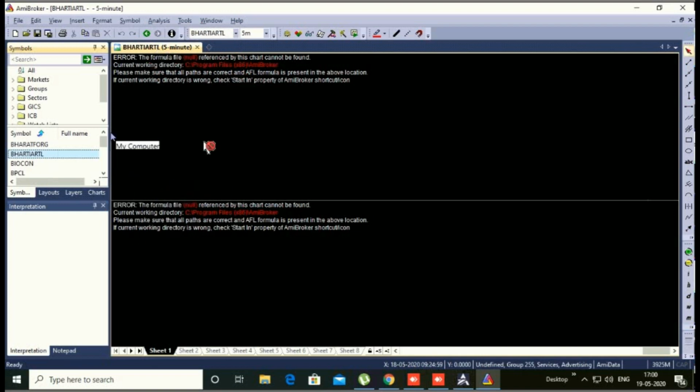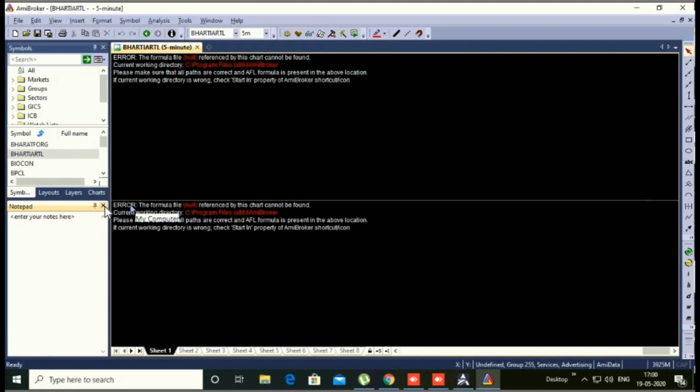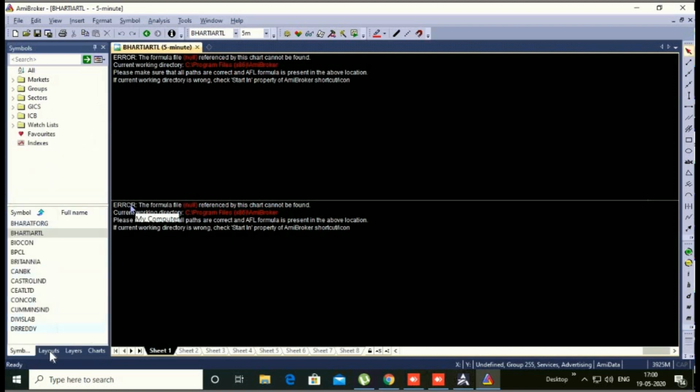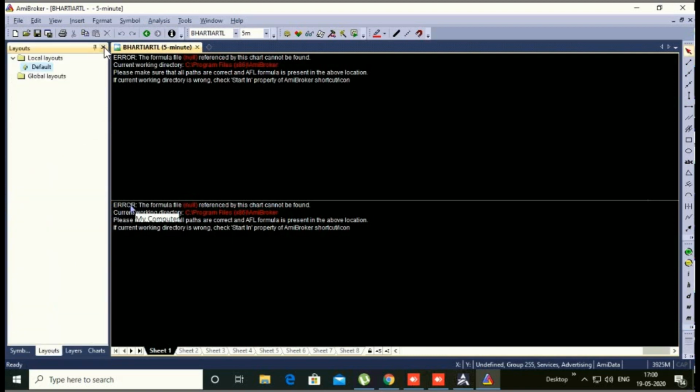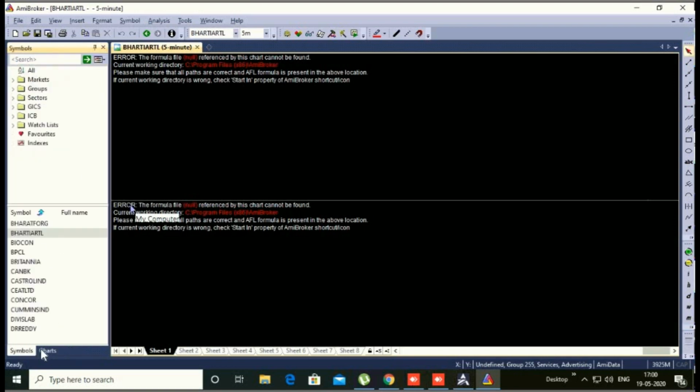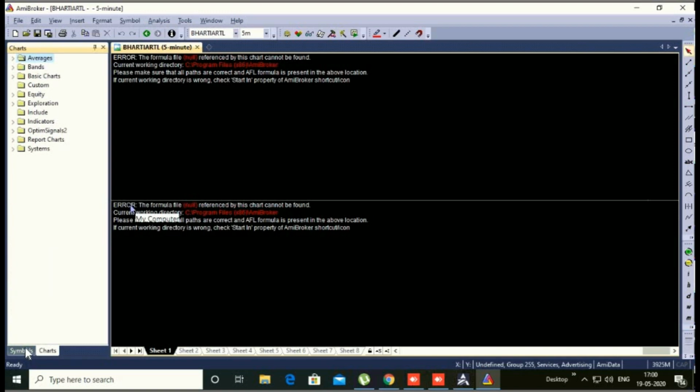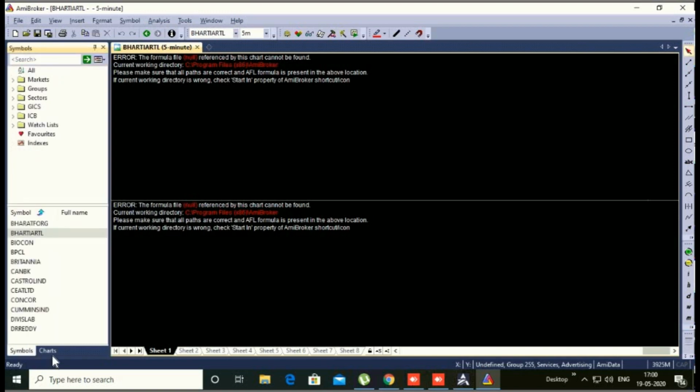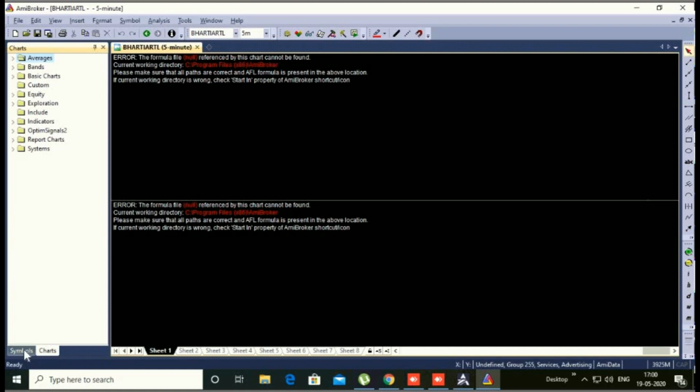Your symbols and your database setting are done right now. After it, we will do only the chart setting. What will we do? We will first close all left hand side windows. You can see I closed all windows on the left hand side. Yes, you can see just the symbols and charts you need here.